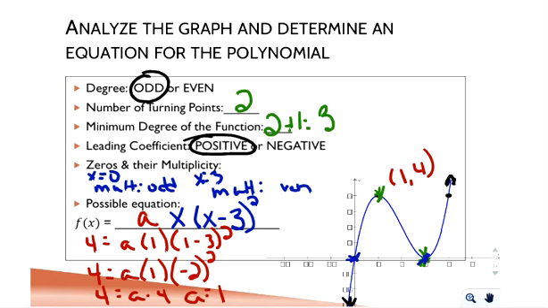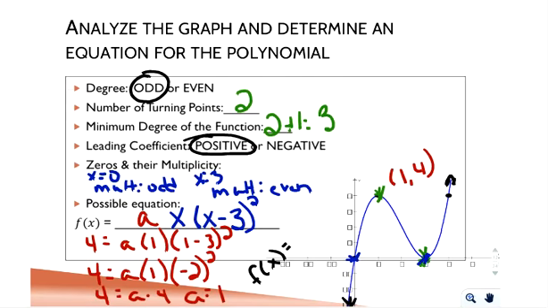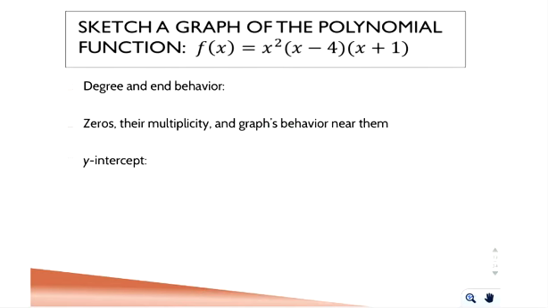So for the final answer for this one, let's see. F of x. Oops. I'm not liking this new program. F of x equals x times x minus 3, quantity squared. Okay. Can you go backwards? If I give you the equation, can you give me a sketch? Now,